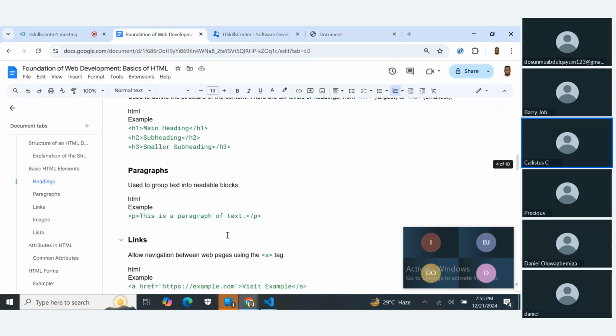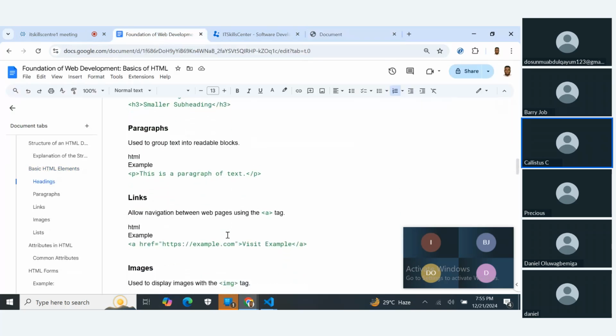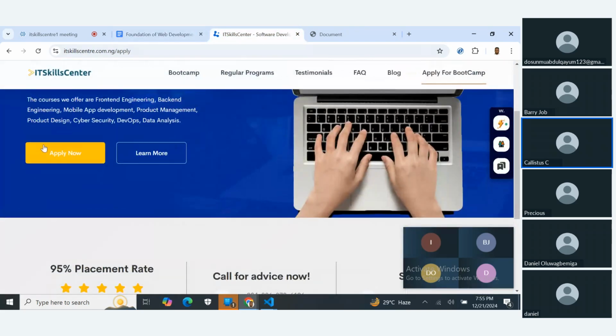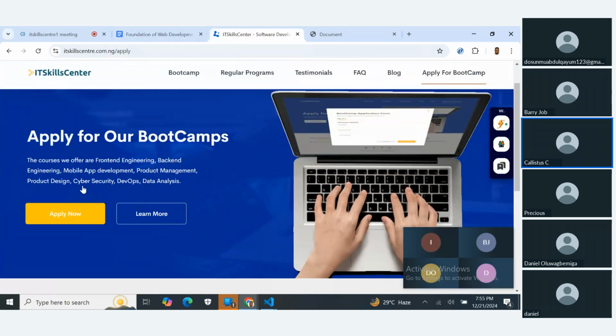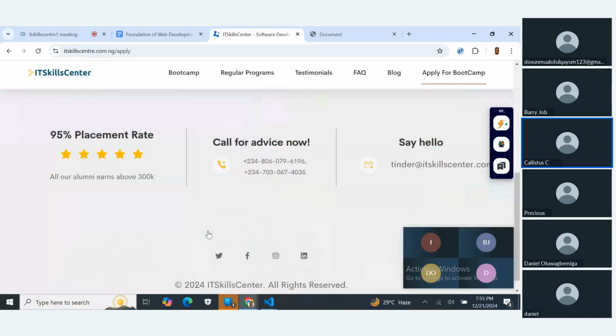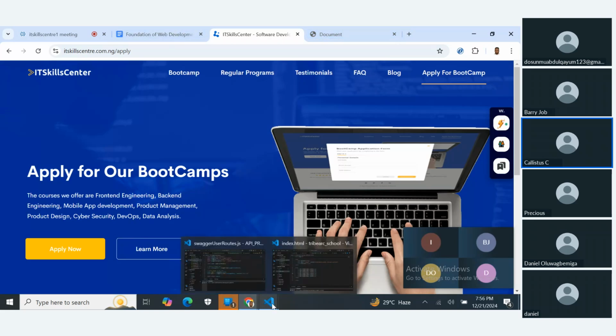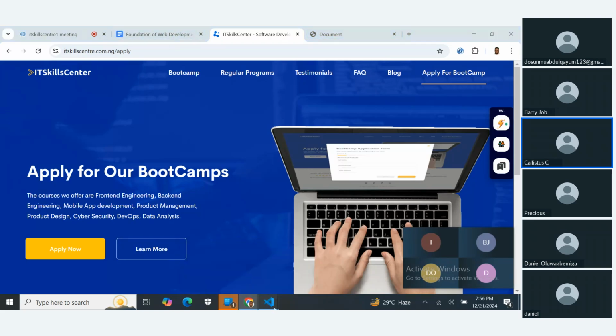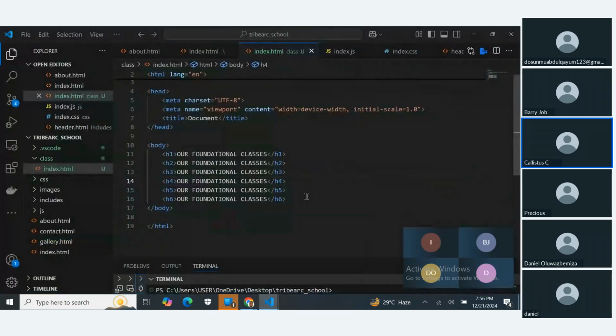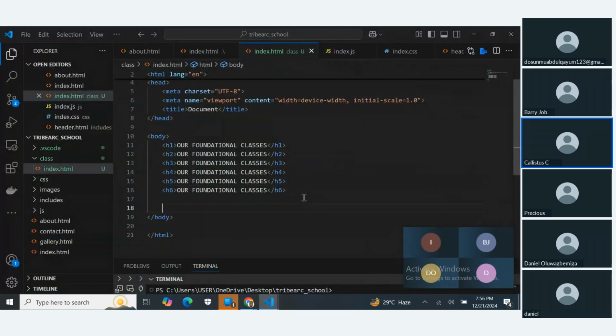Then other elements include paragraphs. If we want to write our normal text, for instance, this is our paragraph here. The courses we offer are front-end engineering, back-end engineering. This is a paragraph. Paragraphs are created using the P tag, the paragraph tag. The paragraph tag is just a P. If you write a P and enclose it,